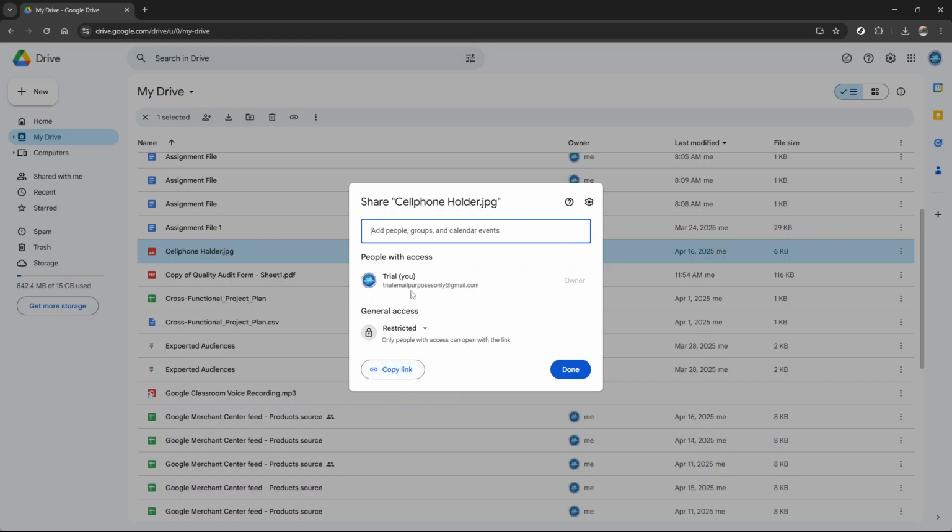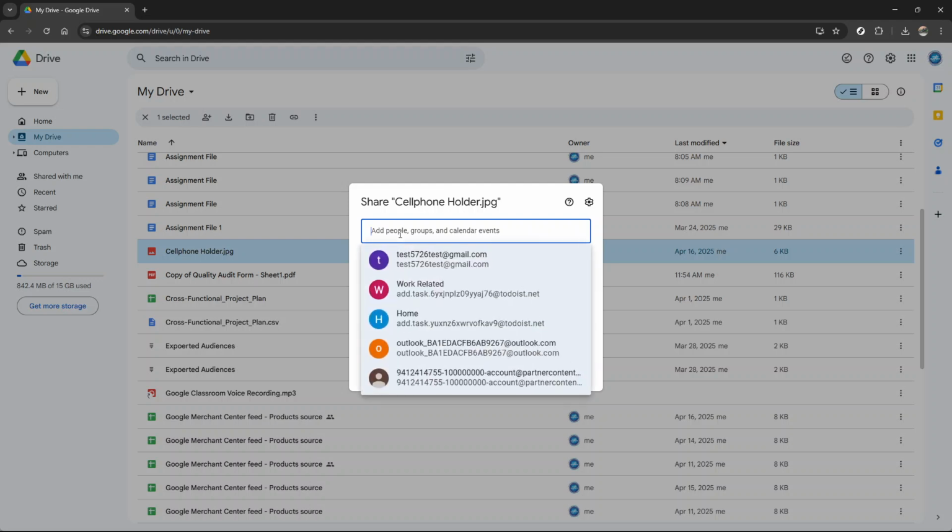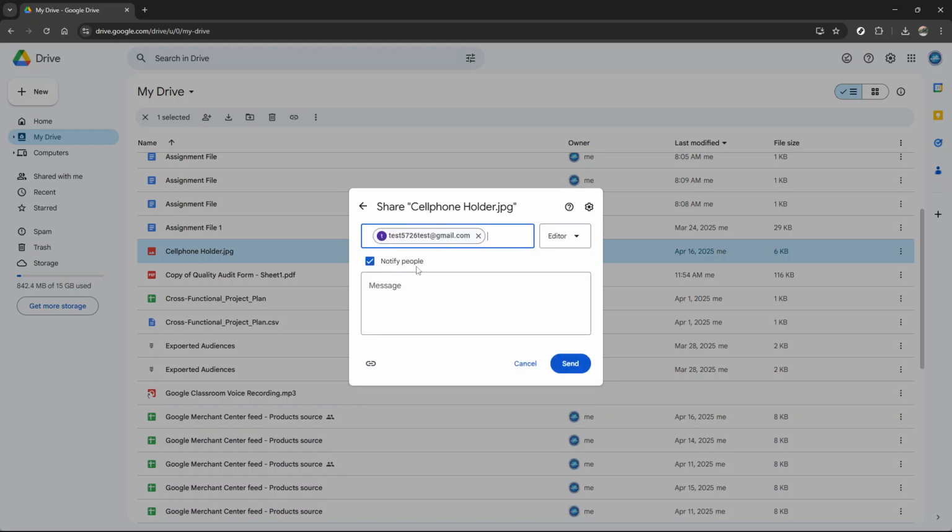Now, before you finish, an important step is to set the permissions. Google Drive allows you to determine what level of access the people you're sharing with will have. There are three primary roles you can assign. The viewer role lets people see the file, but they can't make any changes. This option is perfect for when you just need someone to read over a document or access information without altering